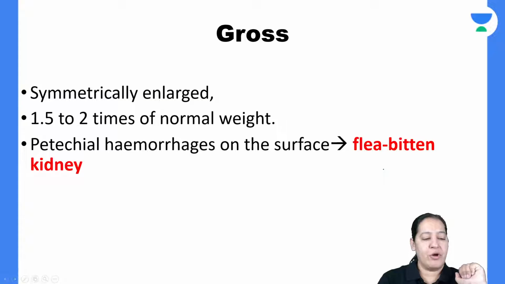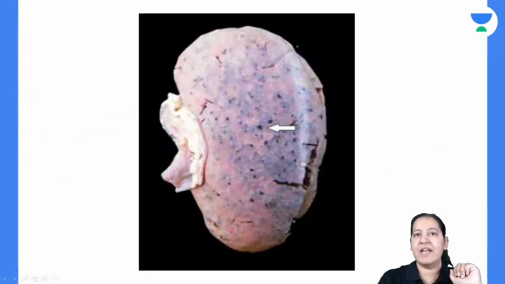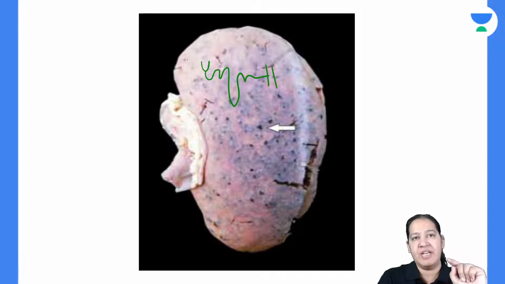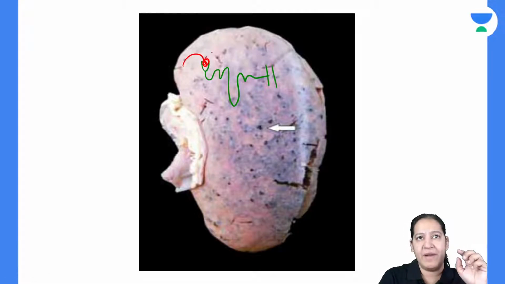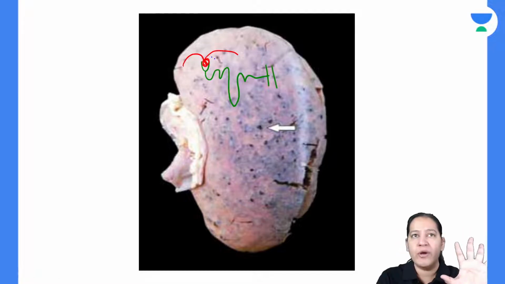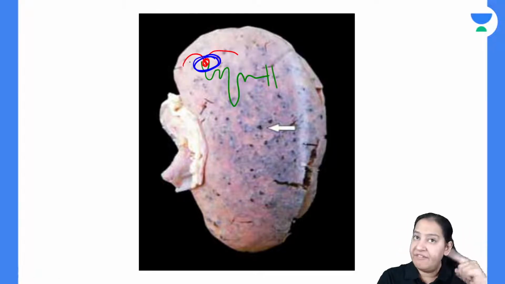So let me come on the gross. The next heading is the gross. If you see the kidney from outside, it is all happening inside the kidney. So inside this kidney, we have nephron. This is the nephron. We have 1 million nephrons in each kidney. In this nephron, this is the glomerulus. It is afferent arteriole forming tuft of capillary and forming efferent arteriole. So this all scenario which I have told you, it is taking place here inside the filtration barrier.